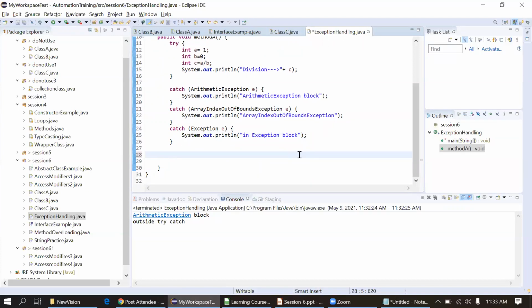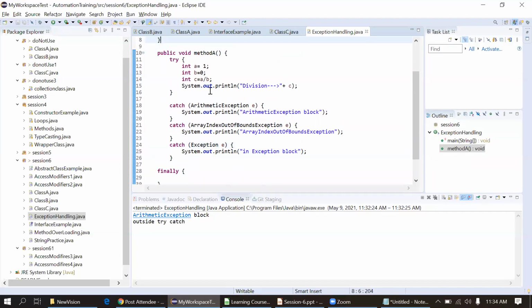Now, along with the try catch block, there is one more keyword called finally. Suppose in this case, in the catch block, I have just printed the sentence. But in some cases, we might write some code in the catch block as well. For example, if this fails, it will go to this first catch block, and I will perform some action here in the catch block.